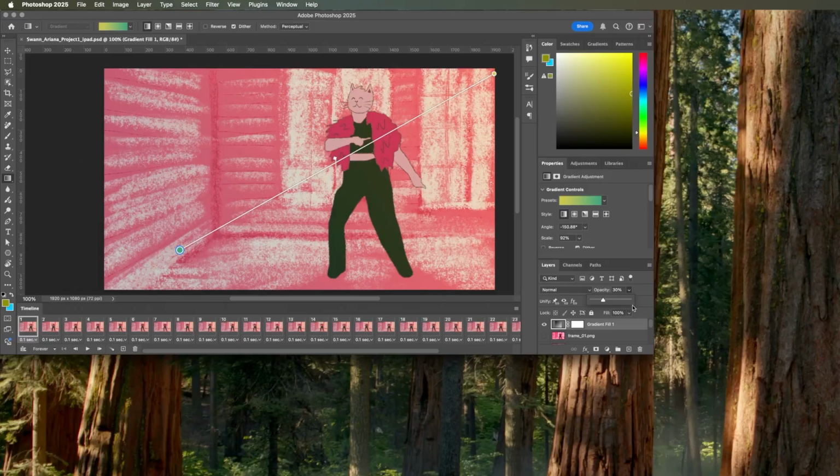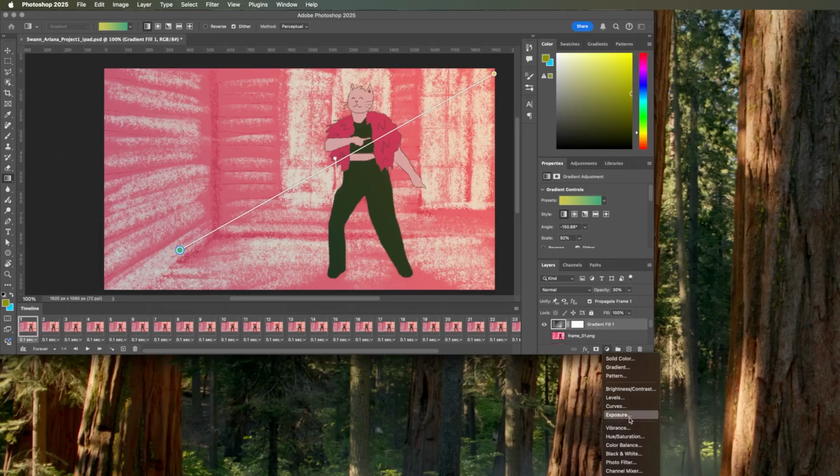So this is already just a lot better, I think, but I'm going to mess around a little bit with my contrast and exposure as well, just to see if I can bring this to be a little bit more polished. So the way I'm going to do that is I'm going to add an adjustment layer. So down here on the bottom of your layers panel, you have a couple different buttons. This one that looks like a circle that's half filled is your adjustment layer button. So if you click on that, you get a bunch of different options here. You can add gradients, colors, patterns, and I'm going to